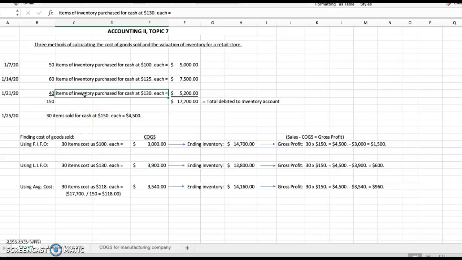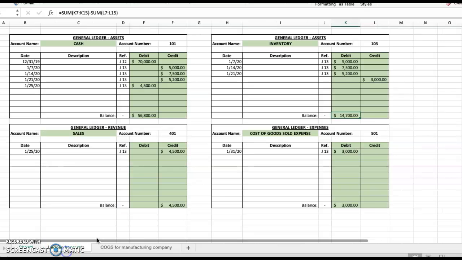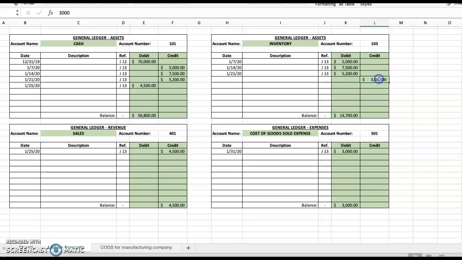The last purchase was the 21st, and those items cost $130 each. So the 30 items that we sold cost us, according to LIFO, $130 each, which means the cost of those goods that we sold will be $3,900. So once again, if we change our numbers to $3,900, we would have debited cost of goods sold expense by $3,900 and credited inventory, leaving us